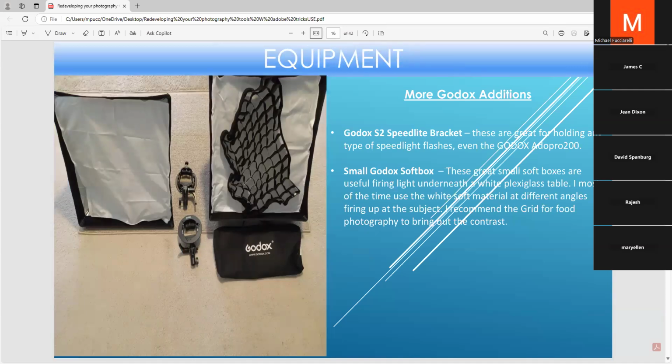Now, there's some new Godox I decided to buy because my other ones are very big. I decided to buy the smaller softboxes. These fit easier underneath a white plexi table. I like to use the grid to make the light more flattering. You can fit a pocket flash easily on the other side. And here is the